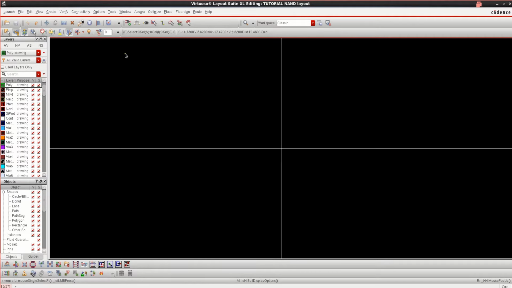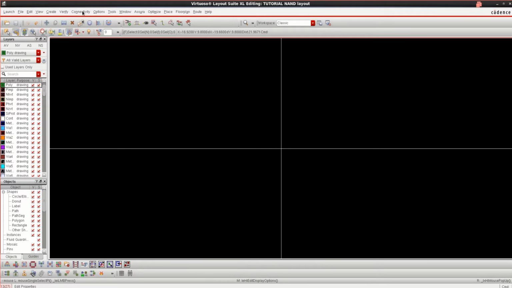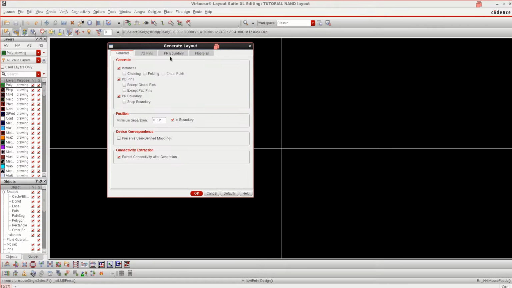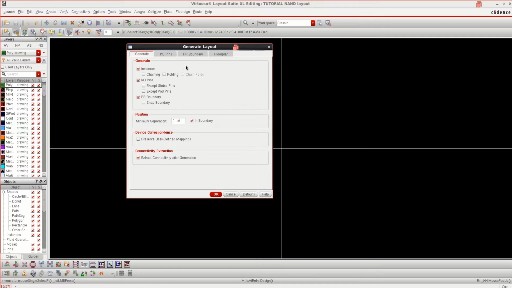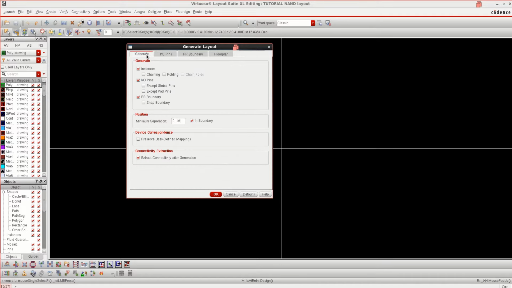Into this design, you can bring the components or you can directly generate by going into the connectivity, generate all from source. Click all from source. So it is going to generate the layout. See that the IO pins are placed on the metal one drawing, and if you want the minimal spacing, you can keep this value or you can have the value as 1. I am preferring to have the value as 0.12 and within the boundary area.